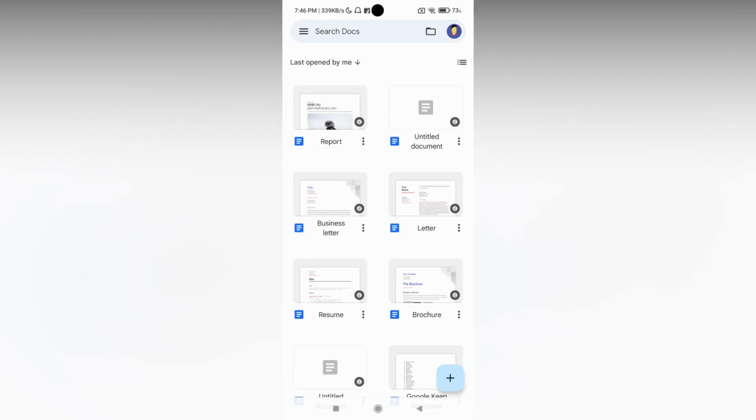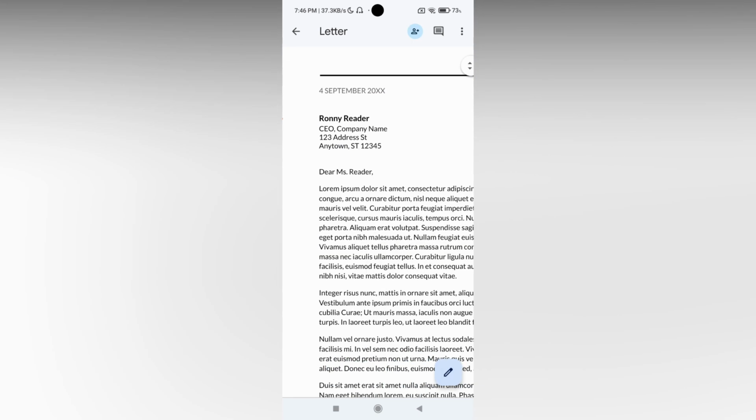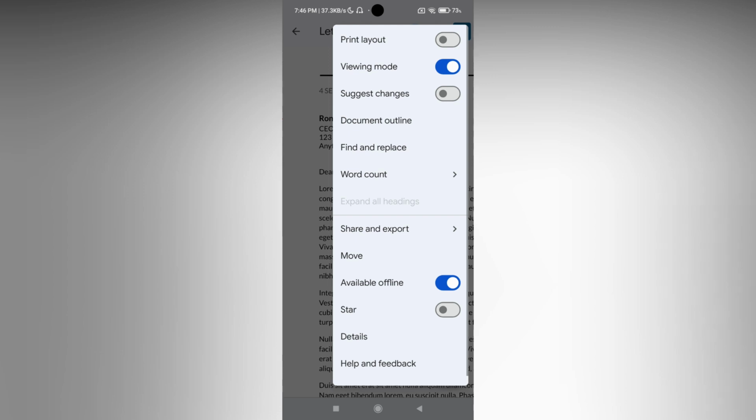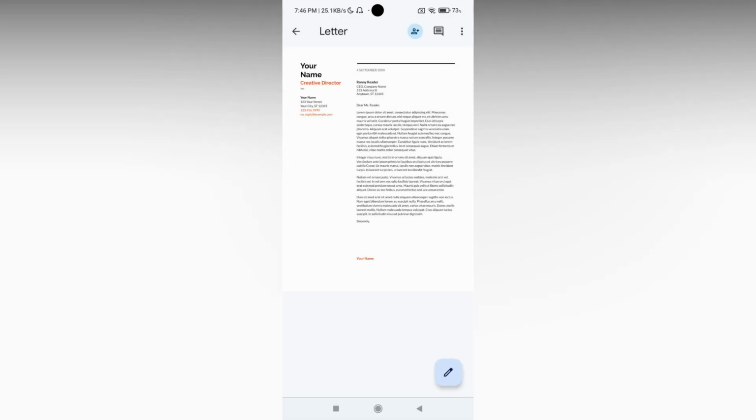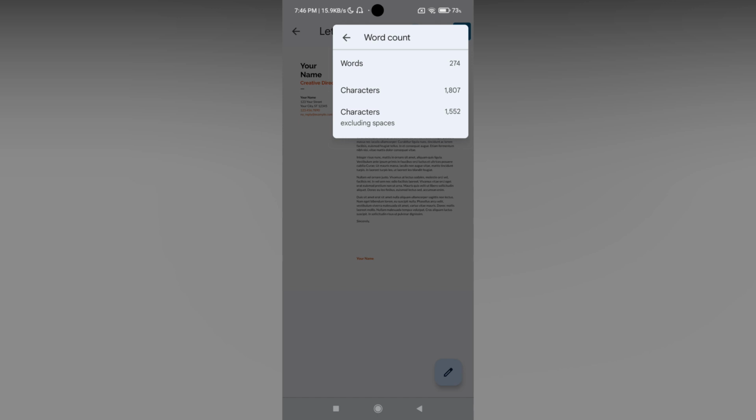So, how to see the word count on your Google Docs mobile application? First of all, I just open some project. It's actually an already used project. Now just click on this three dot option on the top. Now you can find an option called word count. Just click this. Here you can see the words, 274 words here, and characters are 1807, and characters excluding